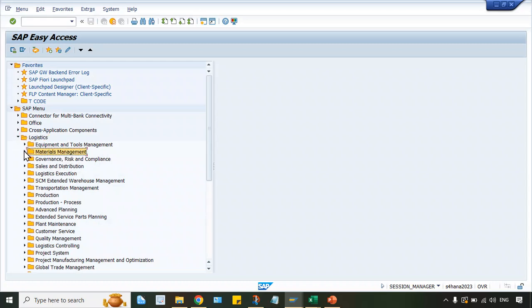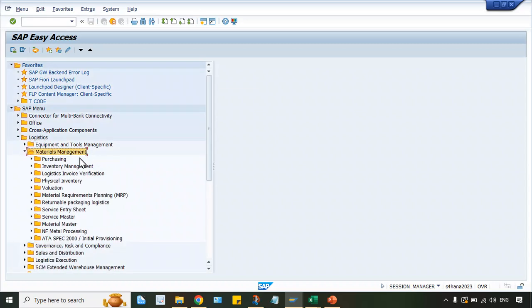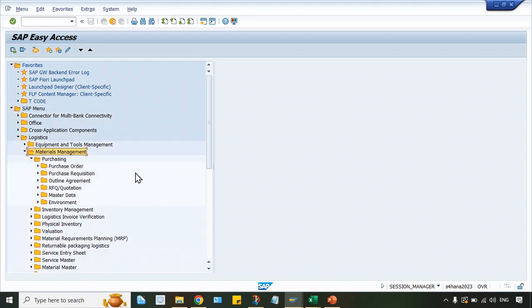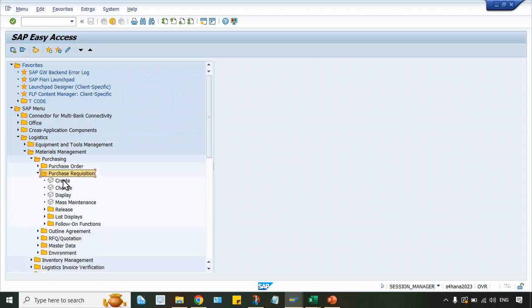Expand this one, then expand material management, right? Then we have which one? Purchasing, right? And then here we are having purchase order, purchase requisitions. So let's suppose purchase requisitions. Look at here. Here we are having options create, change, display, right? If I double click on create,